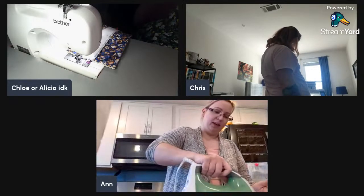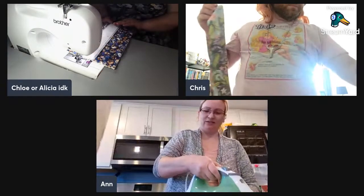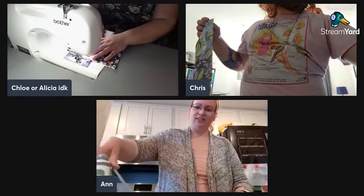Well, that'll be helpful because honestly, even with the walking foot, when I'm doing those reinforced corners, just like we have on this one, I'm doing that X. My machine is hardcore. Like, that is too much fabric. I'm not made for this. The X is always a bit of an adventure. I've done that X many times. Every machine, every bag I've ever done that X, it has gotten